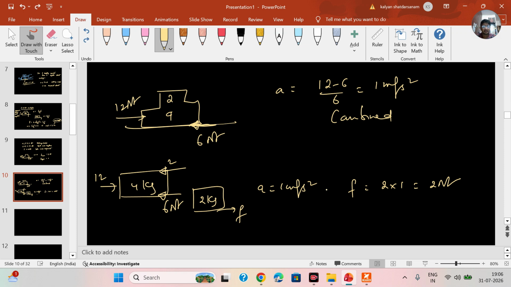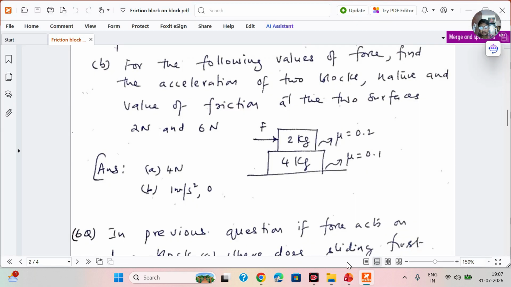Perfect. So when you apply 12 Newton, combined acceleration is 1 meter per second square. Friction on upper block will be 2 Newton. Friction on lower block will be 2 due to upper block and 6 due to ground. This is the verdict. Now third case, he is applying